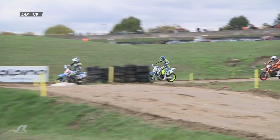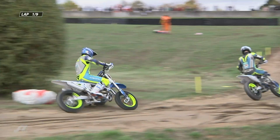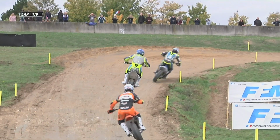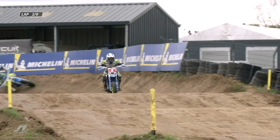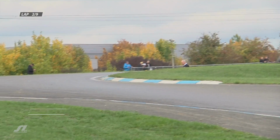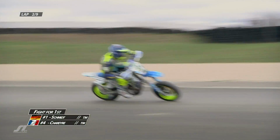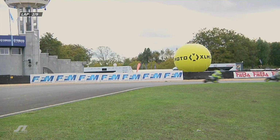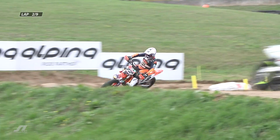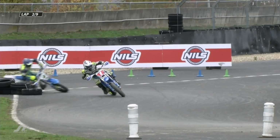Holbacher has retained what is now 3rd place, and you see them onto this dirt section for the first time in competitive action. We are using all 3 dirt sections now. It was simply impassable on the Saturday, but now on Championship Sunday we're using the full 2.1 kilometres of the Carroll circuit once again. It's this section, the undulating second section of dirt on this circuit that we were missing